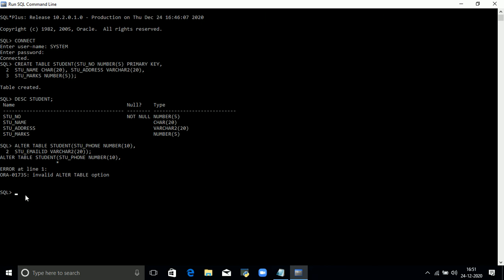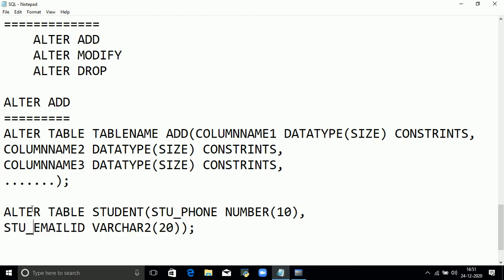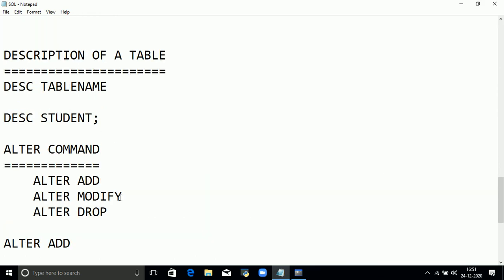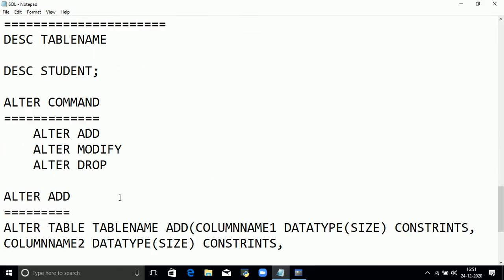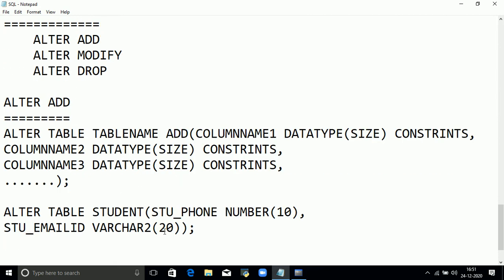It gets some error here. So alter table name, alter table name, add.